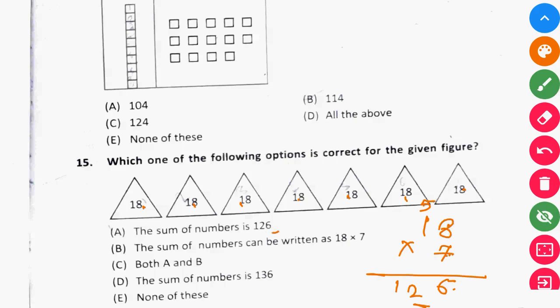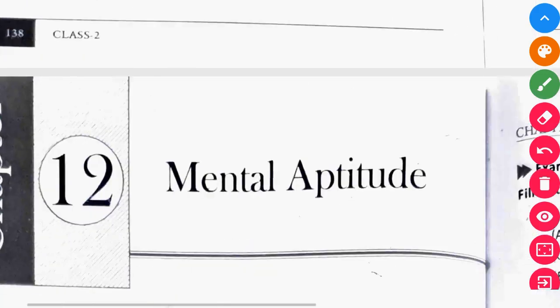Now, the sum of the numbers is 126. Is it correct? Yes. The sum of the numbers can be written as 18 multiplied by 7. Yes, we can write. So, both A and B are the answer? Yes. And the sum of the numbers is 136? No, this is wrong. So, these two are the answer. So, answer C is the correct answer because both A and B are correct. Okay, now